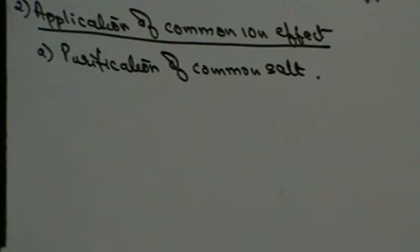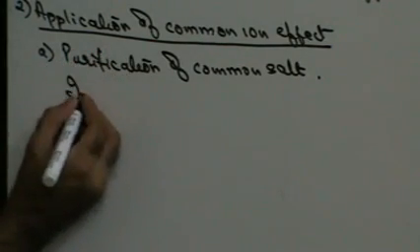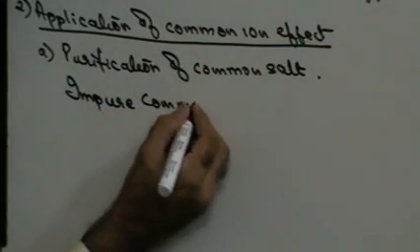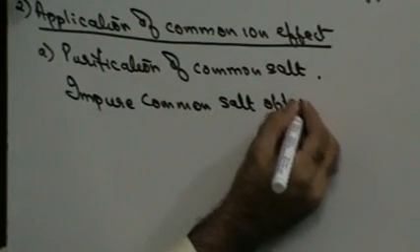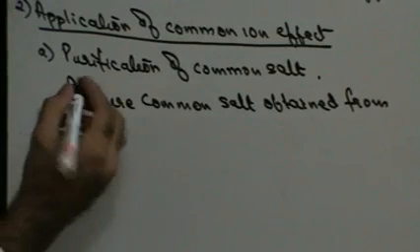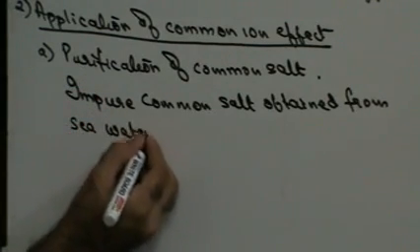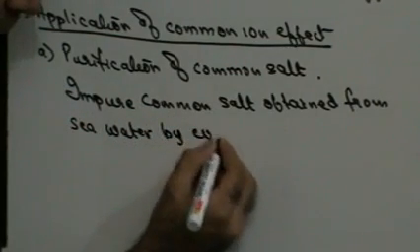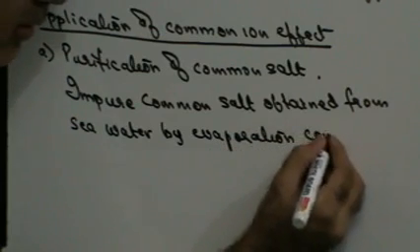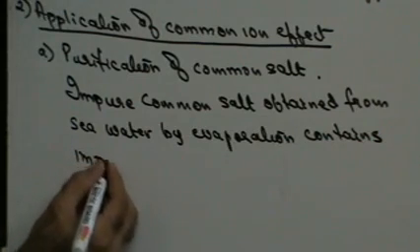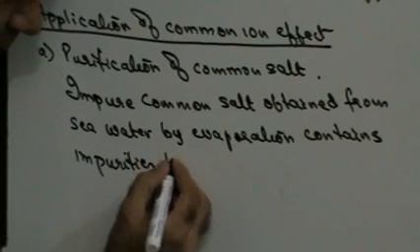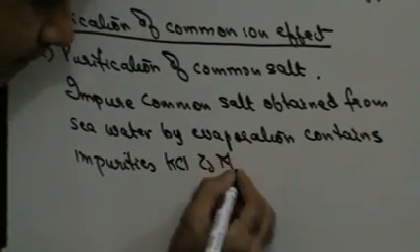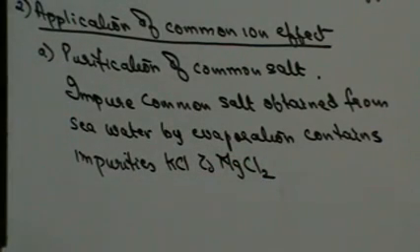Now, impure common salt, that is your sodium chloride, which is obtained from seawater, on evaporation contains impurities like potassium chloride and magnesium chloride, right? Now, in saturated solution of sodium chloride,